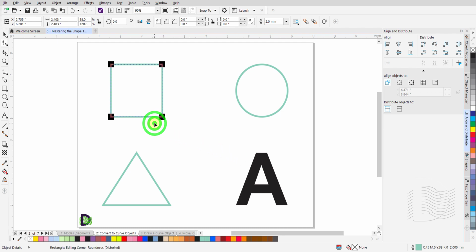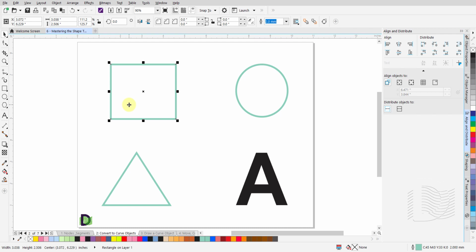Switch to the Pick tool and click on the rectangular shape object. Using the Pick tool, you are only able to change the dimensions of this object. But you are not able to change the shape of the object to give it a certain desired shape.